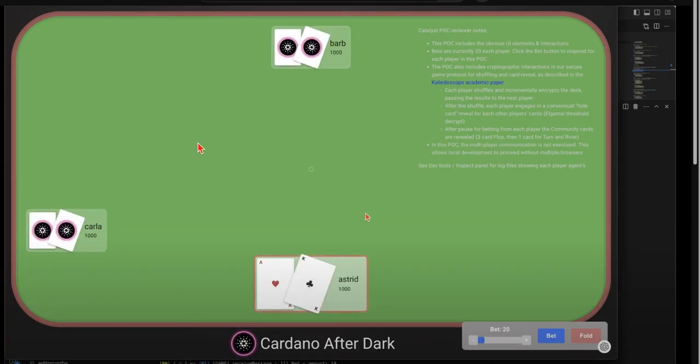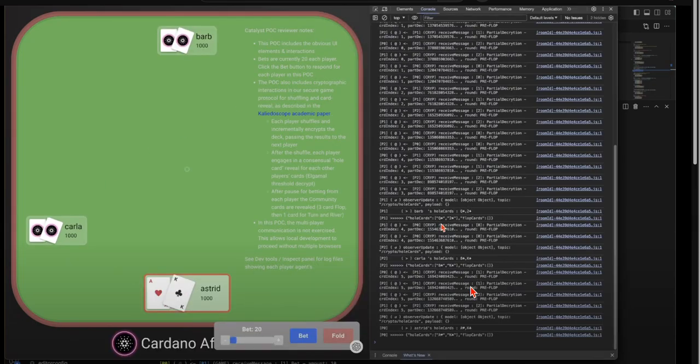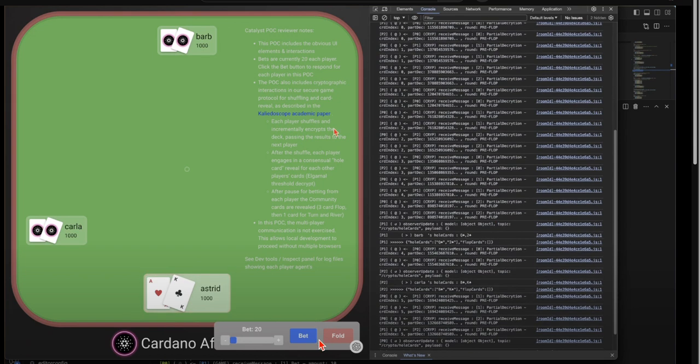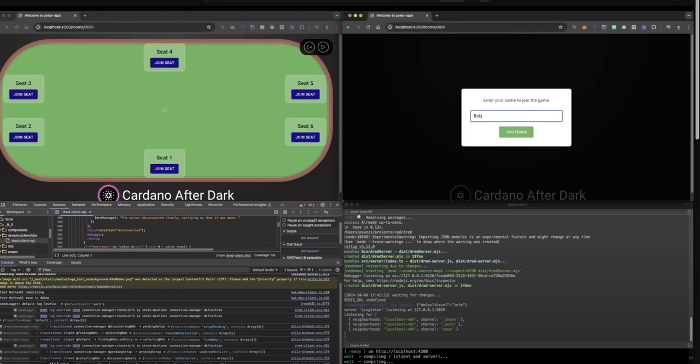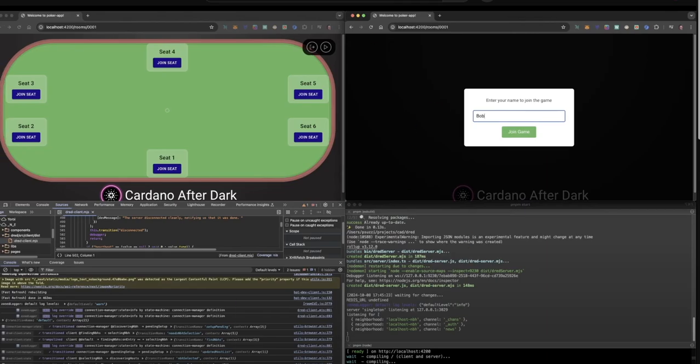This is another proof of concept, which is still available on a server, where we had the actual application working, but as a single application where 3 players were interacting, and you just needed to click a button to have the game proceed. And then this is our final demo, in which we have